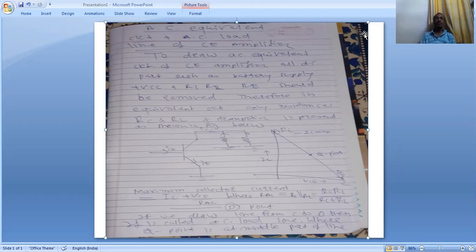Okay, friends, with these ideas, we will go ahead to the next point, that is feedback. What is your feedback? It depends upon hard work. The same feedback is used in the transistor. That means some part of the output we have to give to the input. That we are going to see in the next lecture.